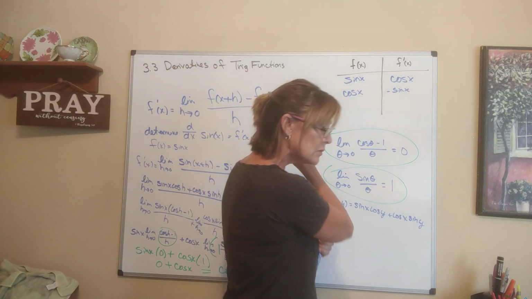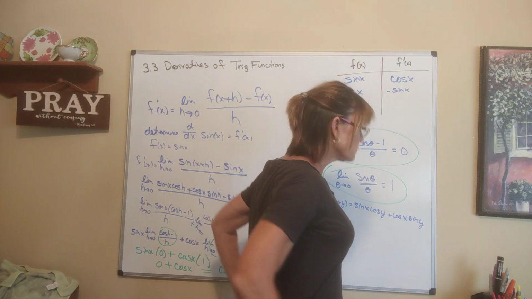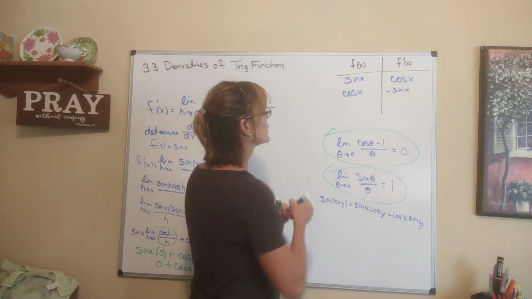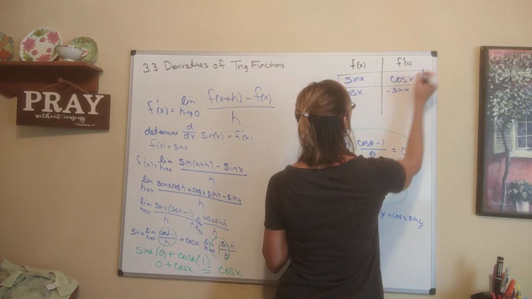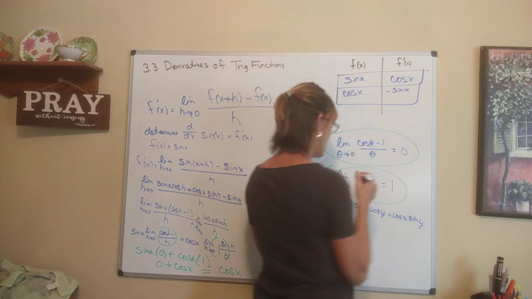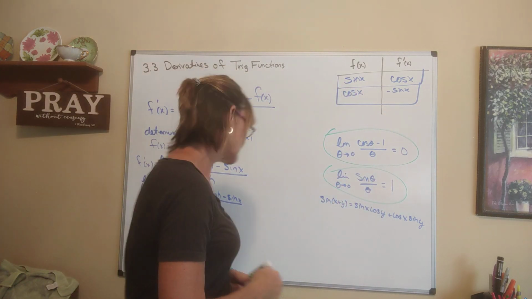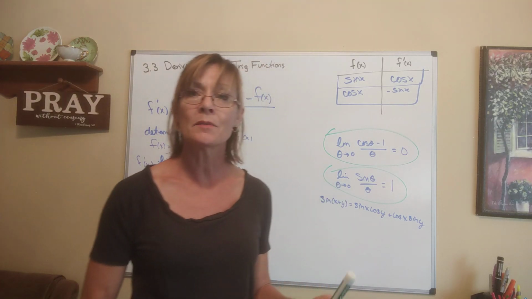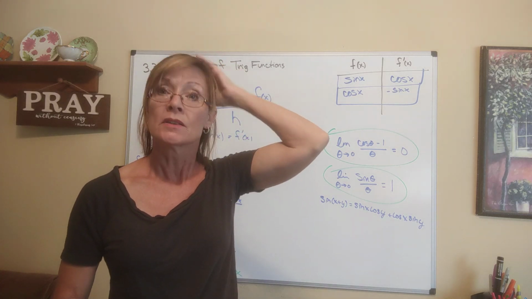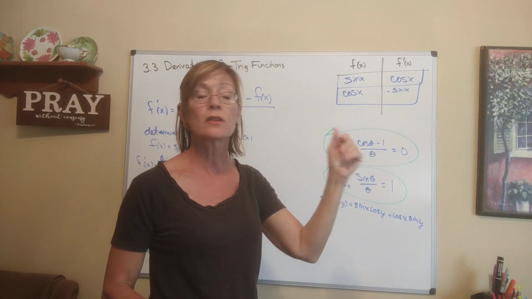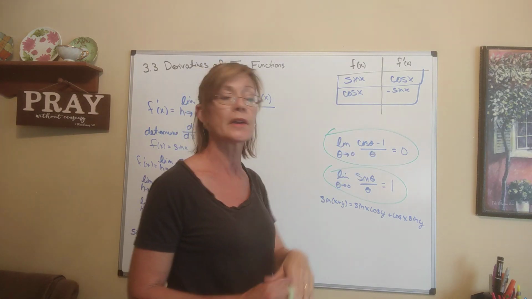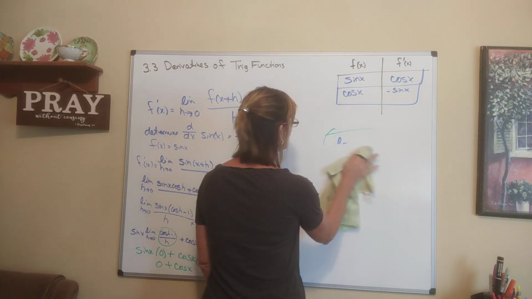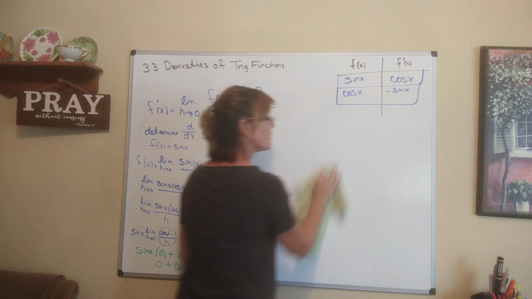Okay, what I want to do next before we leave this is let's figure out what the derivative of tangent of x is. So let's see, we've got these 2 established. Now these are things that you will need to commit to memory. There are, of course, ways to halfway do this class, and I totally do not recommend that, because when you hit Calculus 2, you fail. So I want you to memorize this. There's going to be a table of functions. You want to know them by heart. So even though this is online and there are all kinds of ways to get around things, you will really be doing yourself a disservice if you don't just go ahead and memorize it,